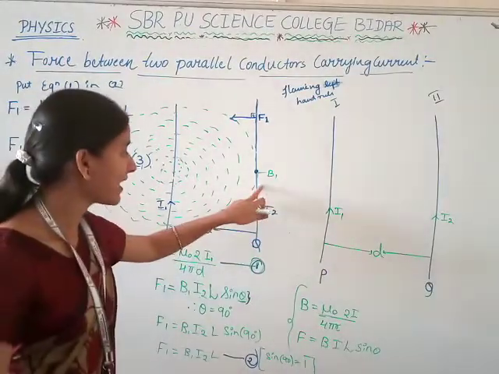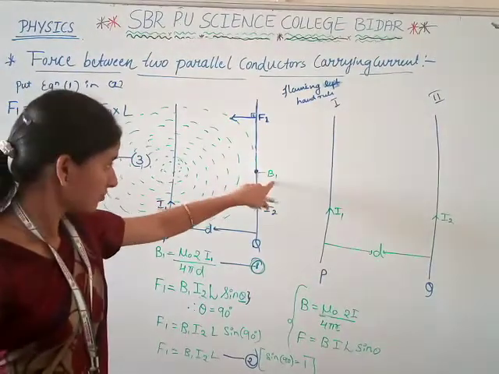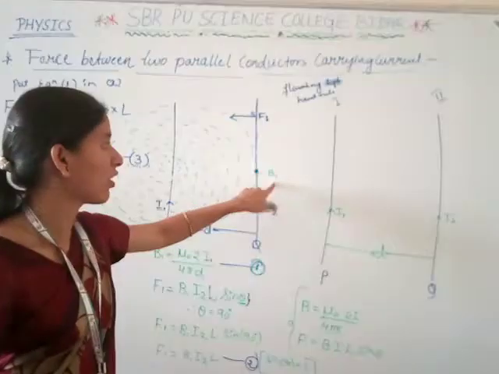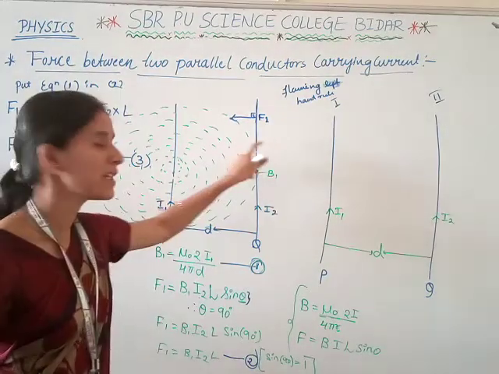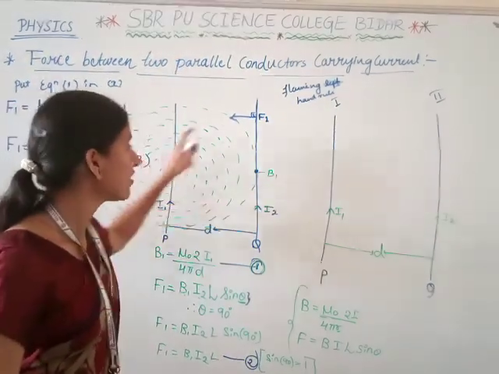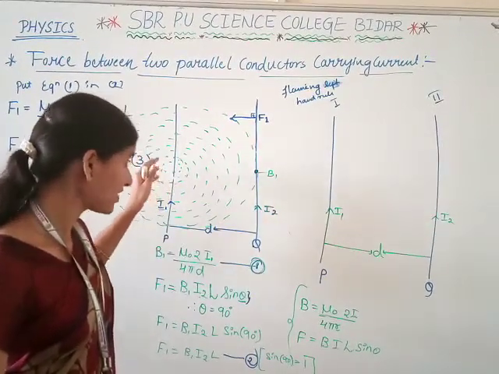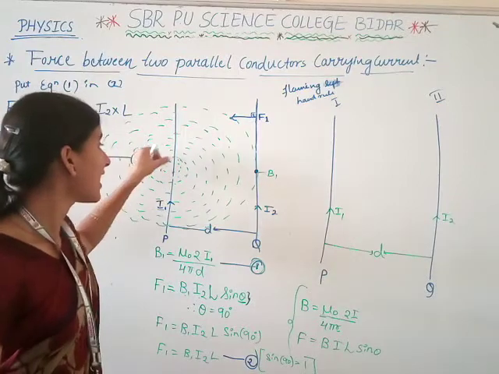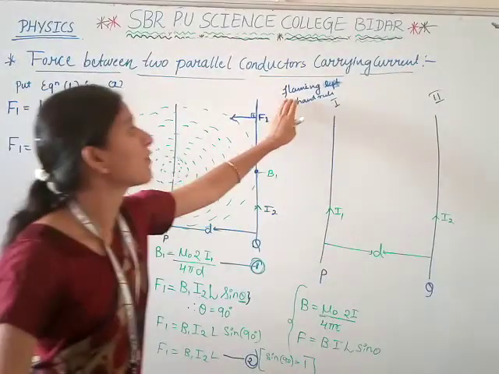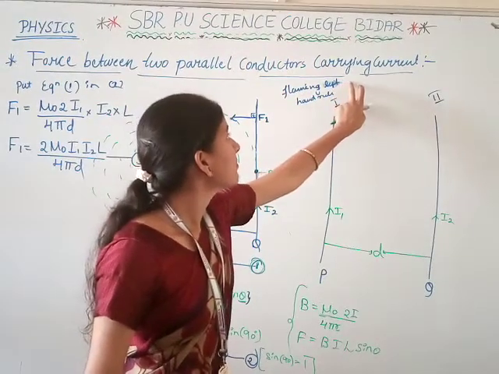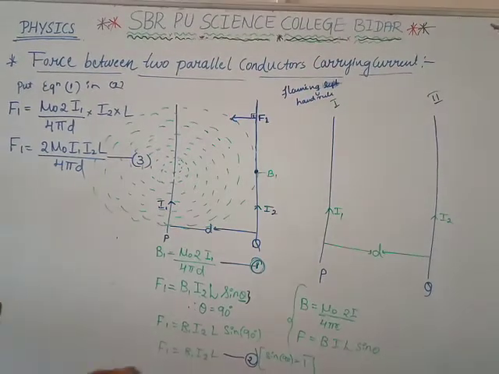To find the magnetic field due to a conductor Q, we have to apply the Maxwell's right hand rule. After applying the Maxwell's right hand rule, when the current is flowing through a conductor, the magnetic field is produced here. After producing the magnetic field, another conductor experiences a force. That force also we have to find by the Fleming's left hand rule here. Okay. Next,